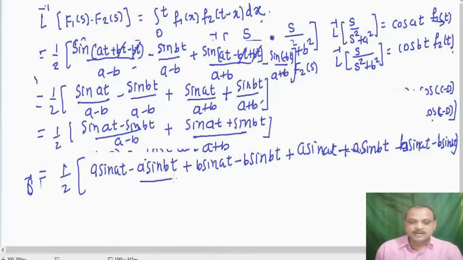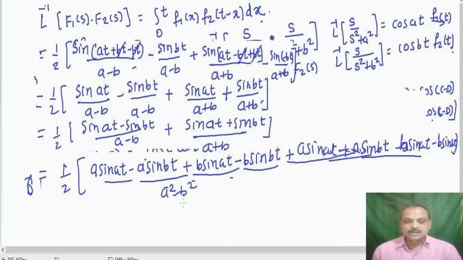divided by A square minus B square. So what we did is we multiplied this numerator by the A plus B term and this numerator by the A minus B term. Now you can see that the minus A sine BT and the plus A sine BT cancel. Here B sine AT and B sine AT cancel,